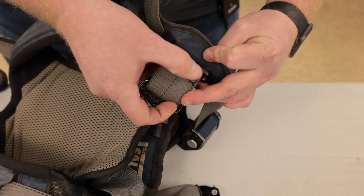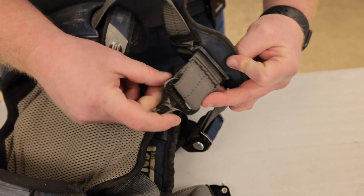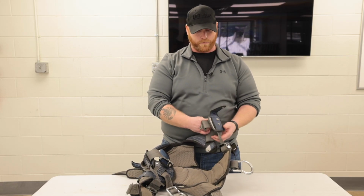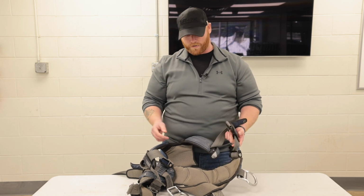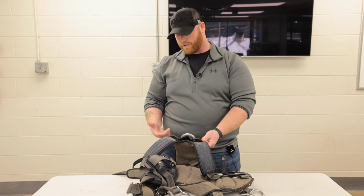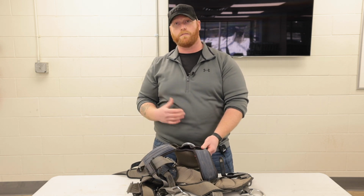So for step two, we want to make sure that we inspect all of our webbing throughout the entire harness, because that's where you're going to see damaged stitching or loose stitching, frays, different things of that nature. So you want to make sure that you're looking at where all the webbing runs through, kind of pull it back, pull your webbing through a little bit, make sure there's no hidden damage that you can't visibly see or